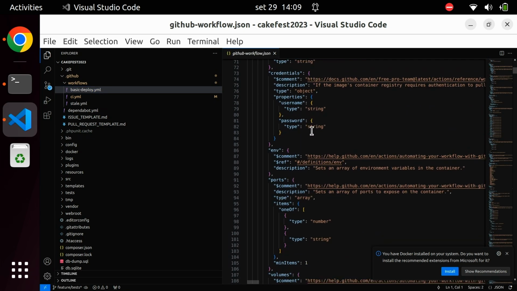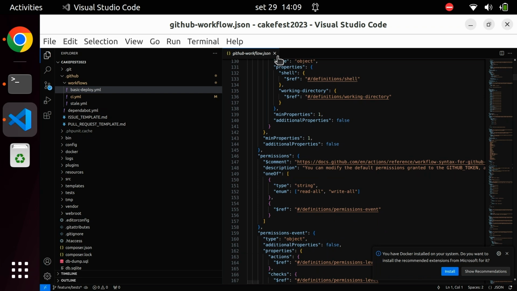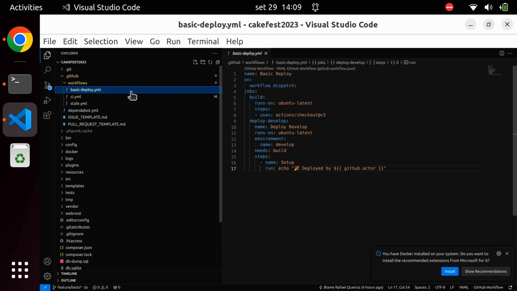They have instructions for how to do that. Here I will just simulate the pipeline. I don't do anything. At the end, I just will say some message, deployed by the user which did that. But so for deploy,